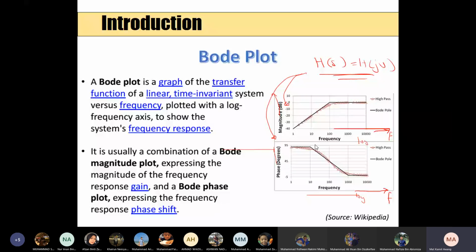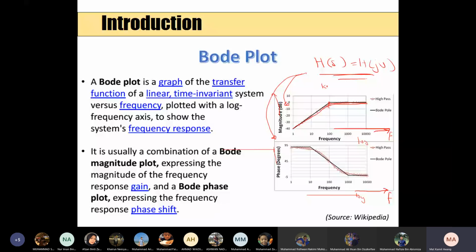So in this example, that is the high pass filter, and the Bode plot is actually an asymptotic plot, not the actual plot. The red one is the actual response. But the Bode plot is the straight line. So the straight line, where at this corner here, at this knee,